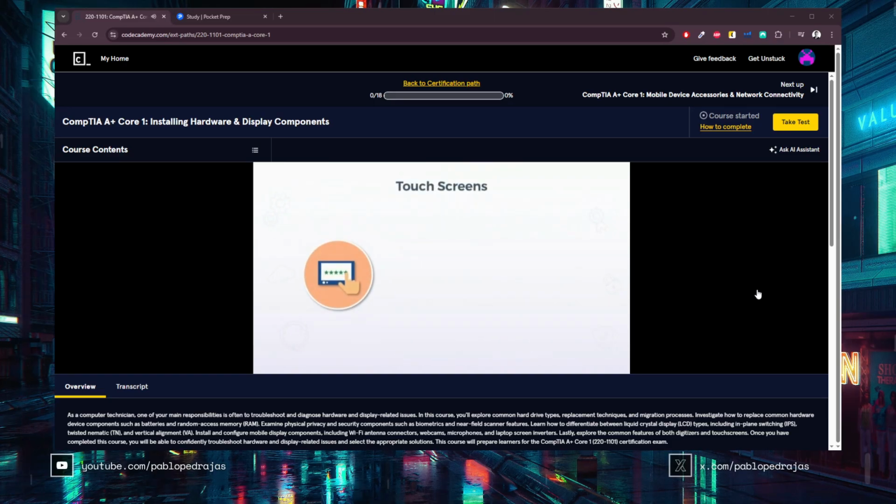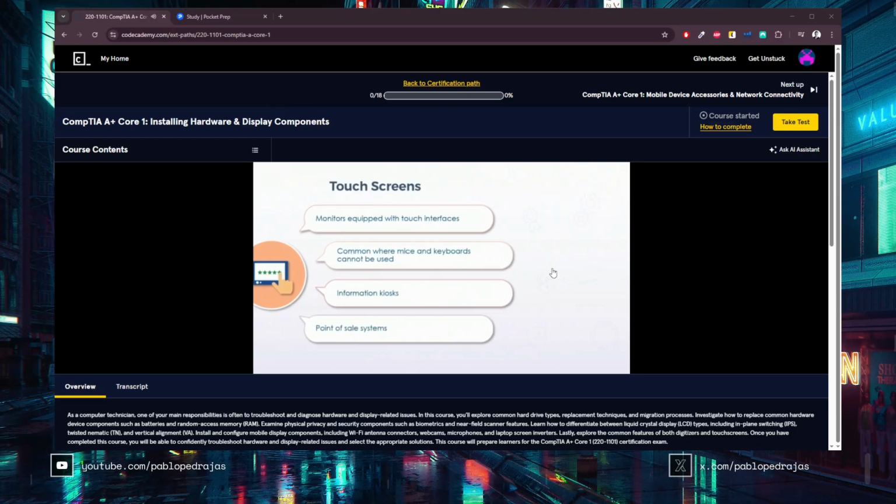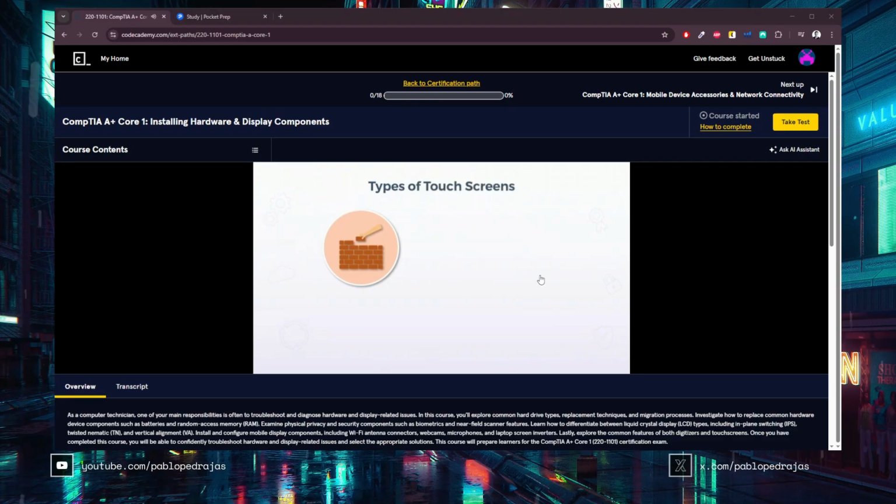That all said, touchscreens are certainly not unique to phones and tablets. Many standalone monitors are equipped with touchscreen interfaces, as are many models of laptop screens, and they're almost always used where mice and keyboards just aren't appropriate or available, or where they would simply be less convenient, such as information kiosks or point-of-sale systems. In terms of format, so to speak, there are typically two implementations: built-in, which would be